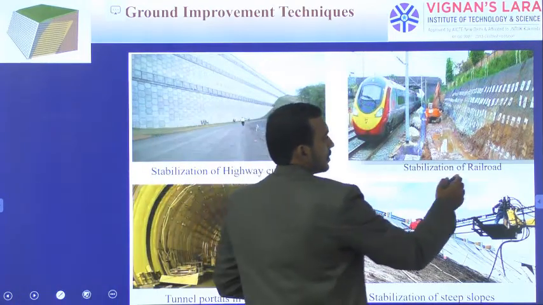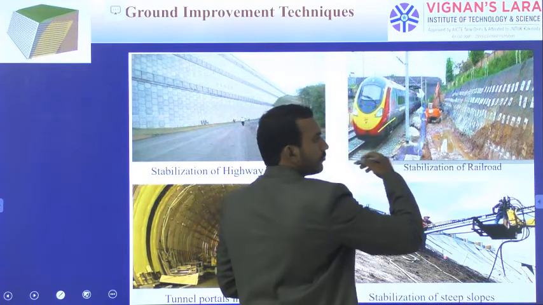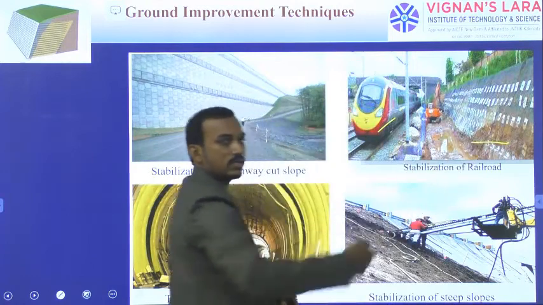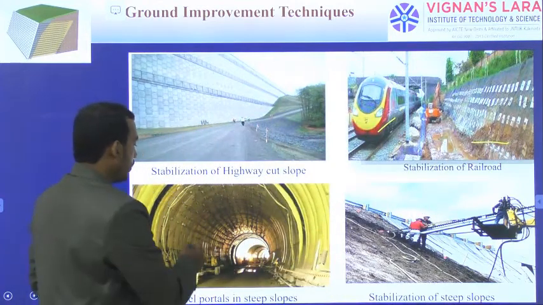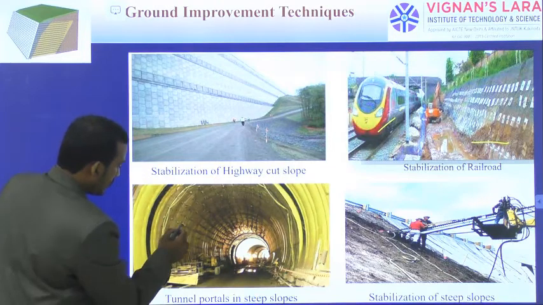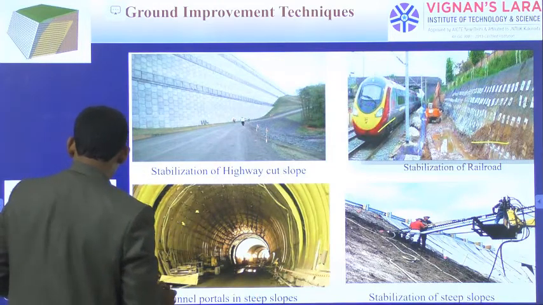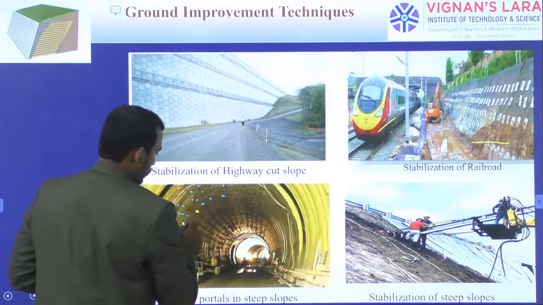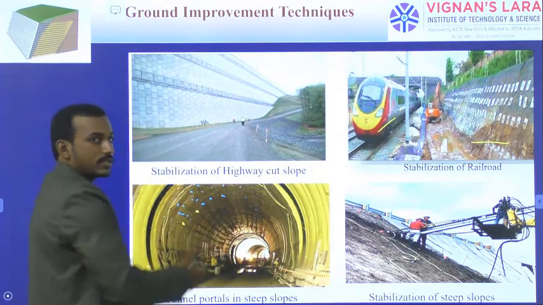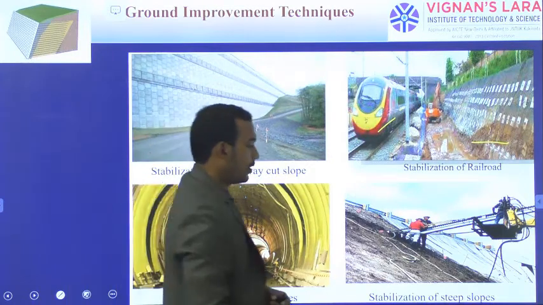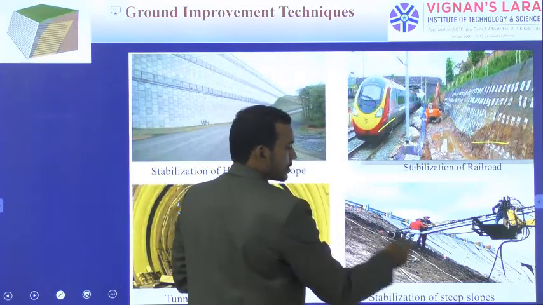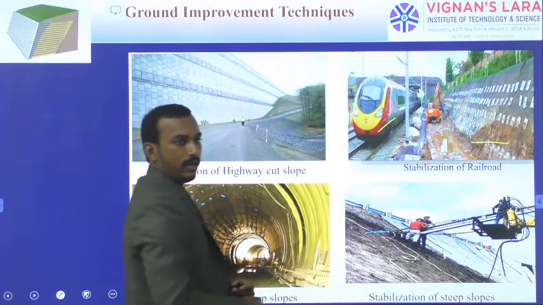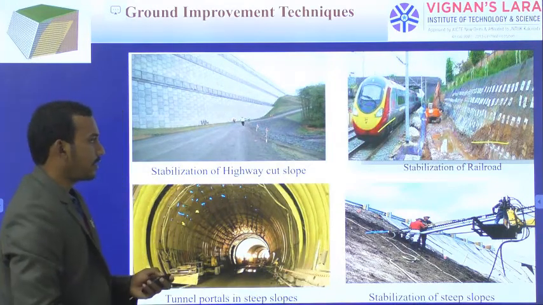The second one is stabilization of railroad. So this is the movement of a train. Here we have a slope. If you see these white ones, those are all soil nails only. Okay. Then in case of tunnels also, if you see the points here, these all are nails only, soil nails. By using the soil nails, we can stabilize the soil so that the soil cannot fall. And this is for steep slopes. The soil may fail, but with the help of drilling equipment, we are inserting a nail there. Okay, so these are the applications.